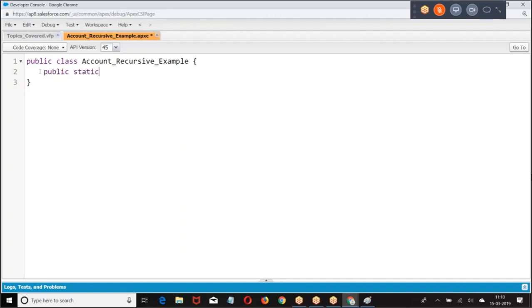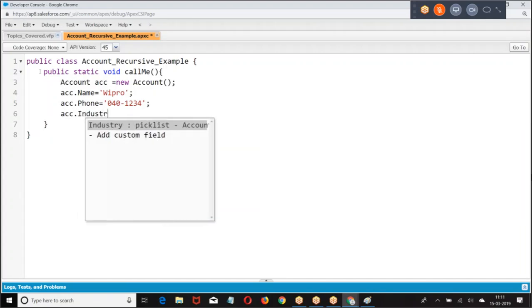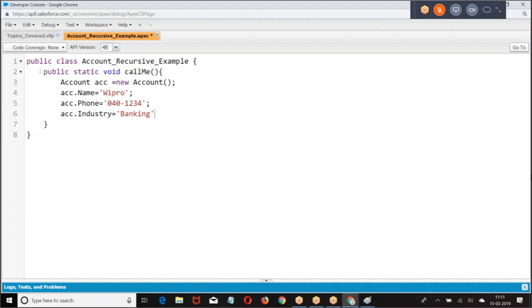Public static void. Now, when you call this method, an account is getting inserted. When you insert the account, what will happen? It will call the insert trigger on the account.